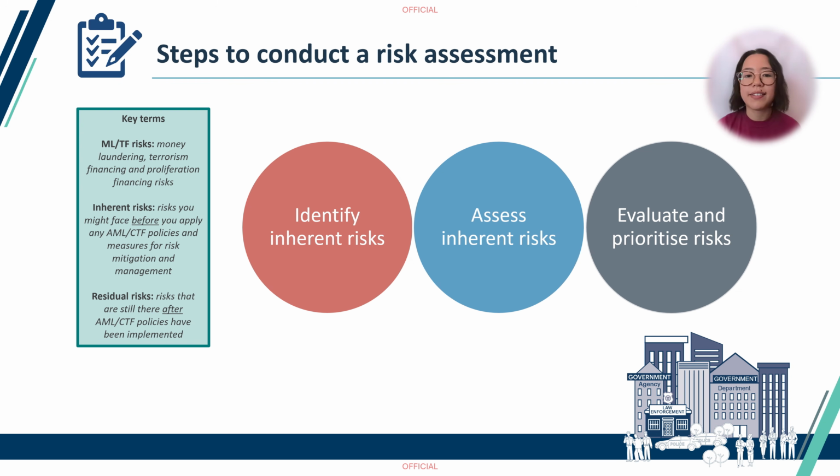This could include assessing the likelihood of each risk occurring within a given time frame against the impact on your business if that risk was to occur. You can do this by using a risk matrix, which we'll demonstrate later in the video. And finally, after rating each risk factor, you may evaluate and prioritize how to address them based upon their risk. From here, you can then work out how to mitigate and manage these risks. We'll go into more detail on each of these steps soon.